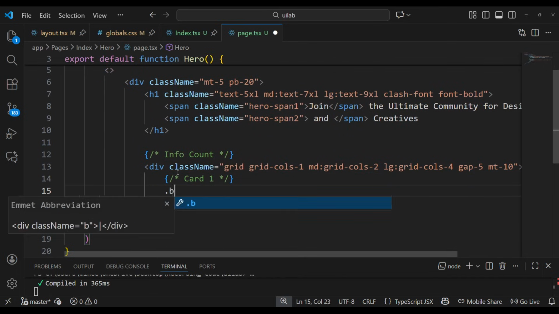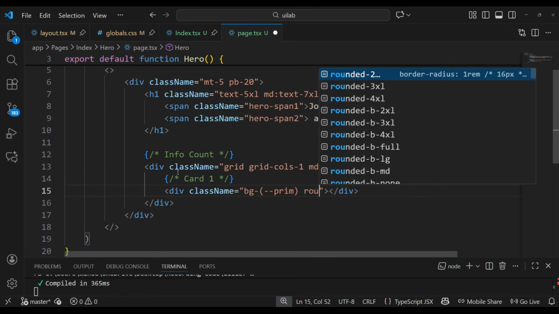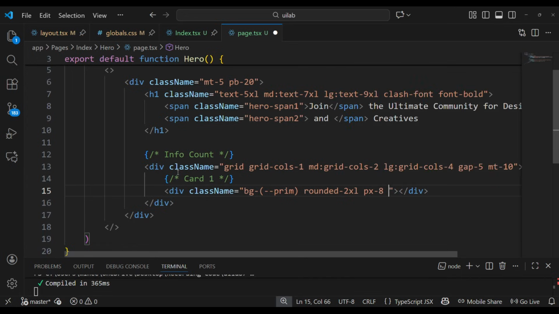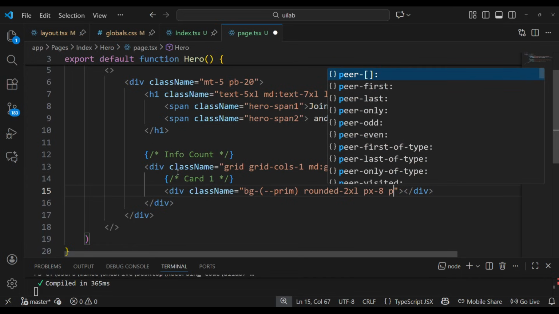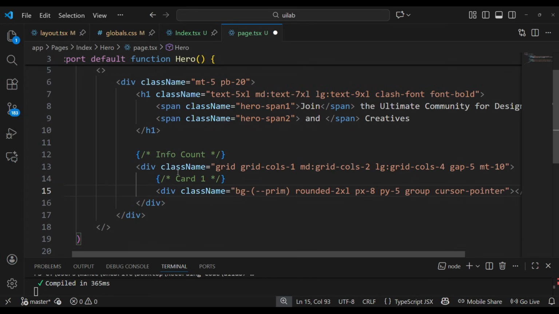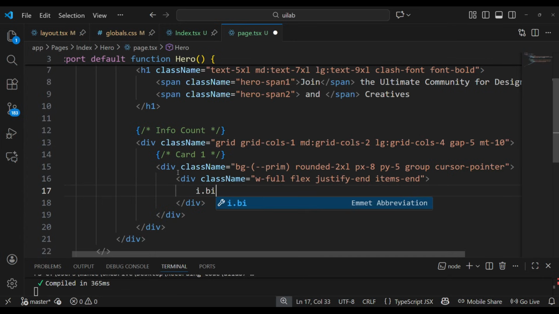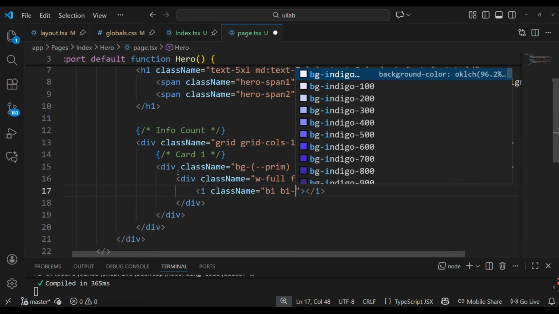So for the card we have one div element having the class bg-prime, rounded-2xl and px-8. Then py-5 for padding vertically, and then group and cursor-pointer. Now another div with full width and display flex, justify and items, and then the font icon